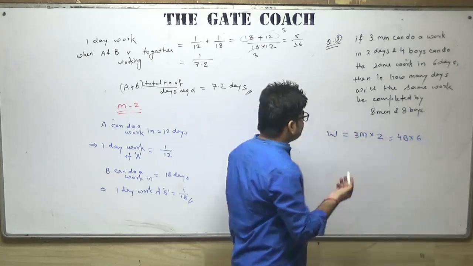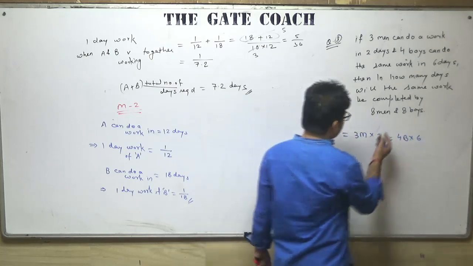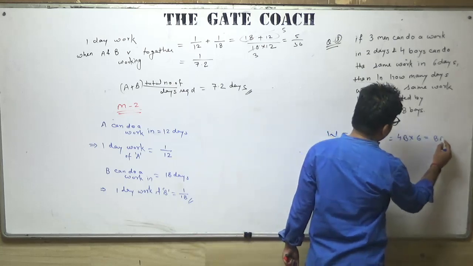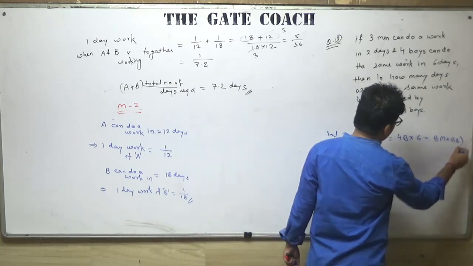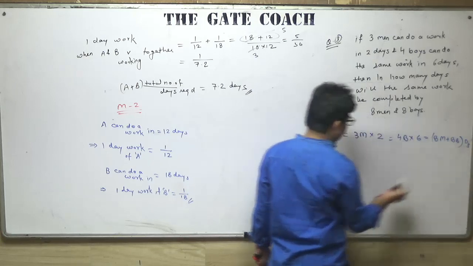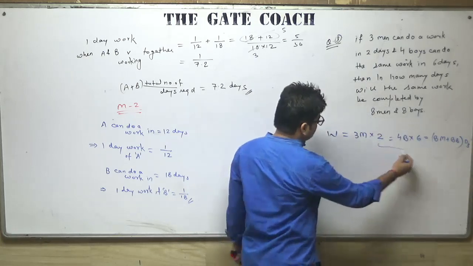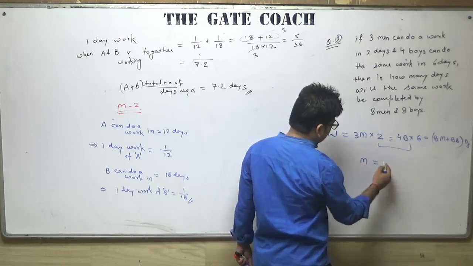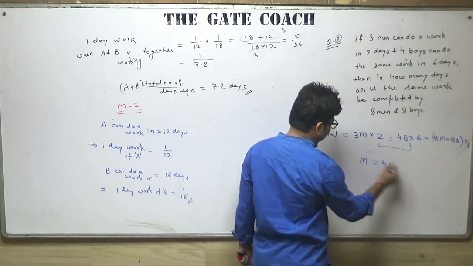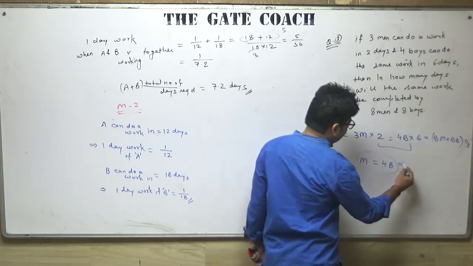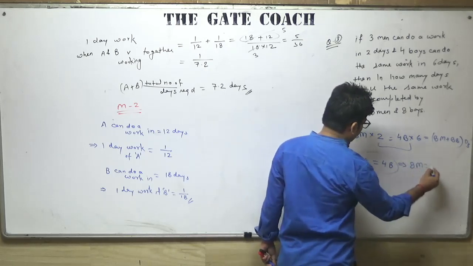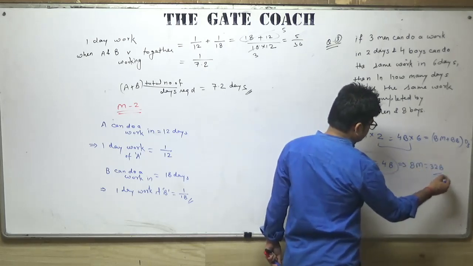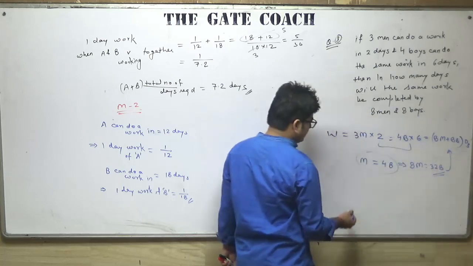Okay, now they are saying what will be the time taken by the 8 men and 8 boys, means 8M plus 8B. How much time they will take? Let's say D3. Okay, so if you took these two things, you will get M is equal to 4B. That means 8M is equal to 32B. So put this value here, you will get,